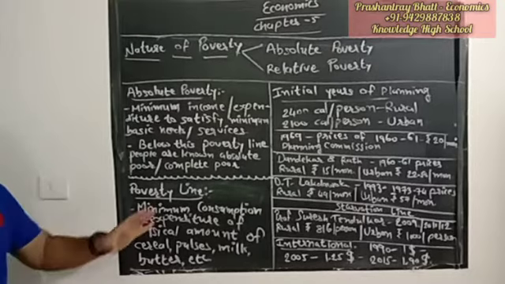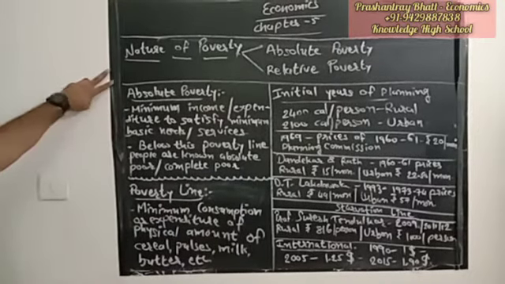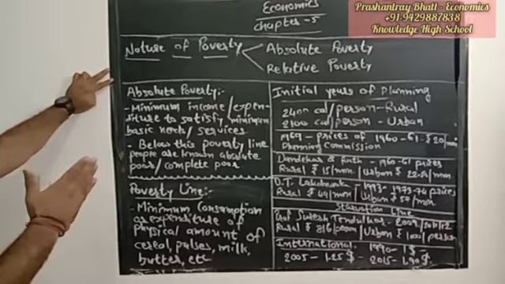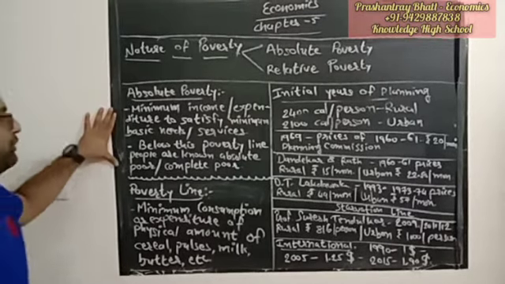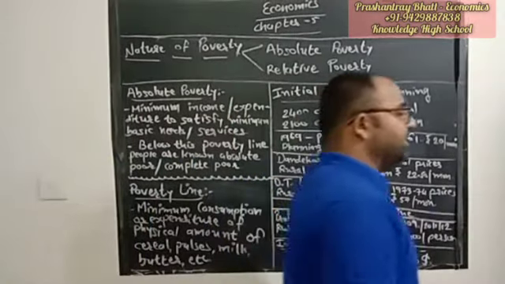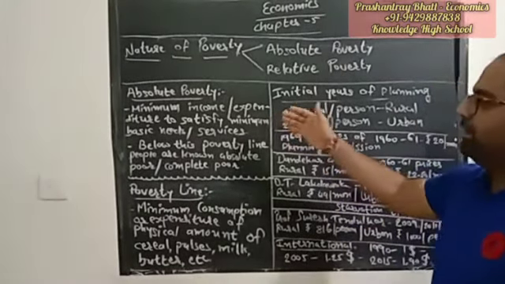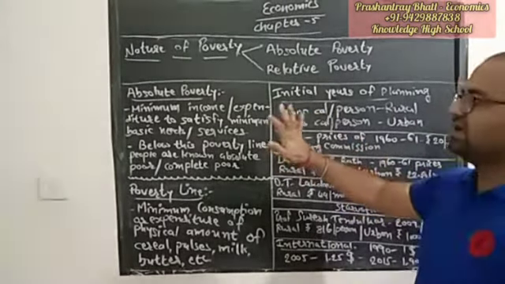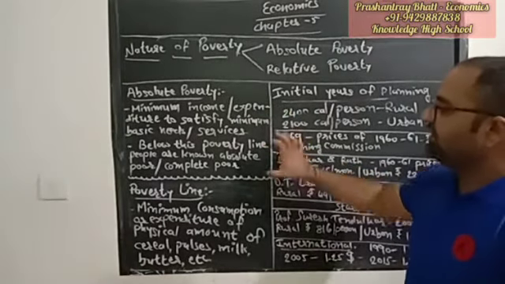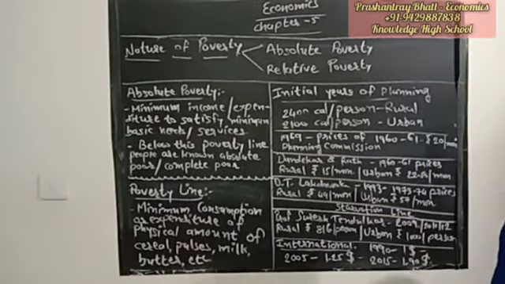Let me introduce the whole concept once more in very short time. There are basically two natures of poverty: the absolute poverty and the relative poverty. Absolute poverty means the minimum income or expenditure behind the basic needs of a person, right? And the people who cannot meet that line are known as the absolute poor, right? And for that we need the poverty line. People below the poverty line will be known as the poor.